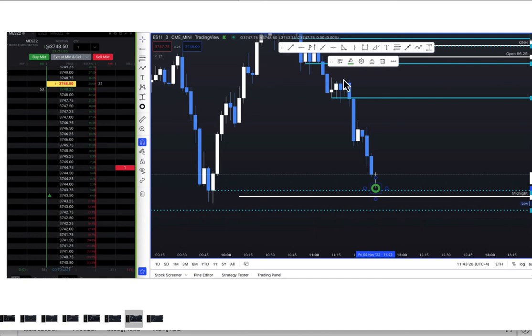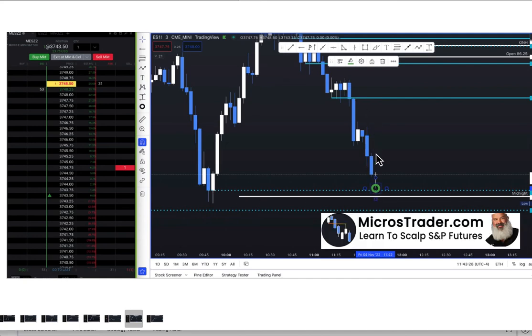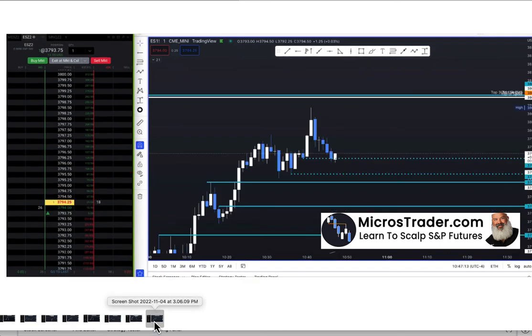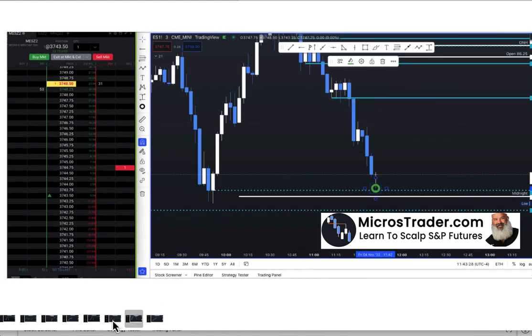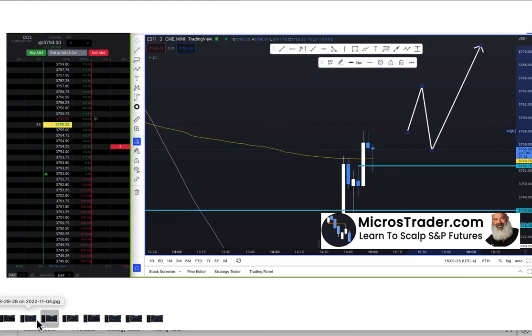Here was another trade. So price came way down, hit my break level. I went long because it was counter trend. I just went small, just 1 little MES. Look at this, another MES with $20-25 to it. I mean, that's nothing to sneeze at. You do 10 $25 trades today, and you made $250. It's one reason I love micros. That's one reason my site is called Micros Trader. And I believe we already discussed this one. So for some reason I had a couple different ones in there.